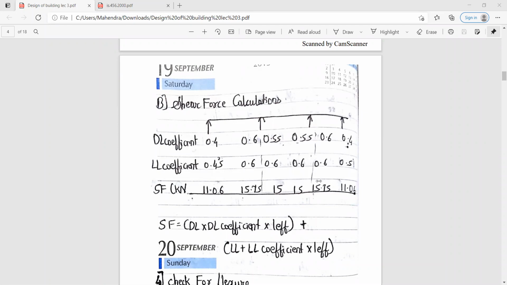Slightly increase your speed so that we can solve more numericals.